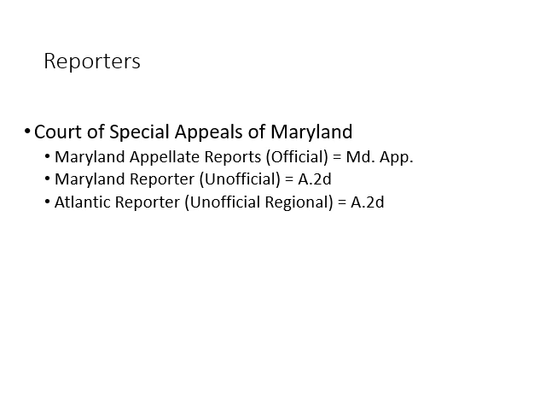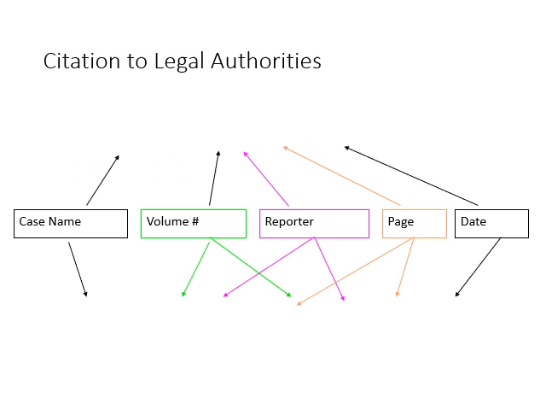So the Maryland Reports are the Court of Appeals of Maryland decisions, Maryland's highest court. The Maryland Appellate Reports, Md. App., are the Court of Special Appeals decisions. You'll see that we also have the same two unofficial reporters, the Maryland Reporter and the Atlantic Reporter, both again abbreviated A.2d. These unofficial publications combine the Court of Appeals and Court of Special Appeals cases in the same set of books.